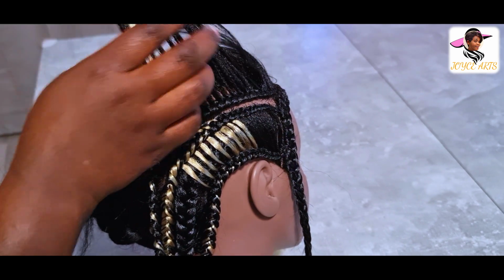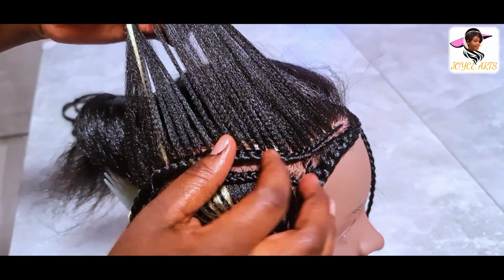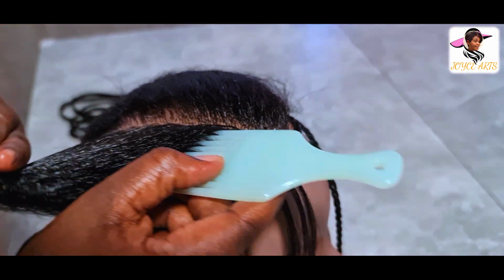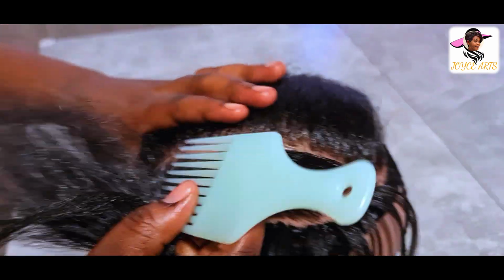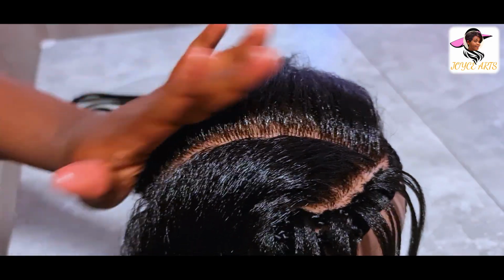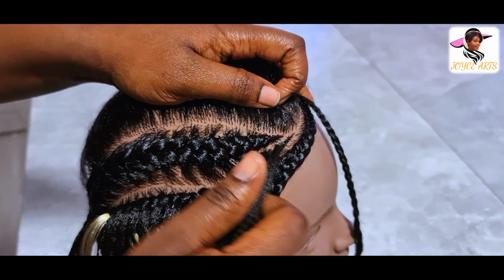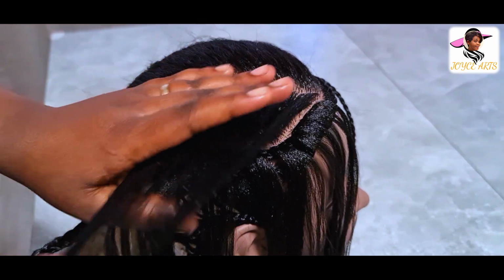So I'll have to do the middle line. I know you know the middle line is just simple. Just the normal feeding. So I have to part it first. That way. I'll be plaiting this line by feeding in braids, but just in a normal way, so that you understand, like this, that way. So I have to drop this one also,